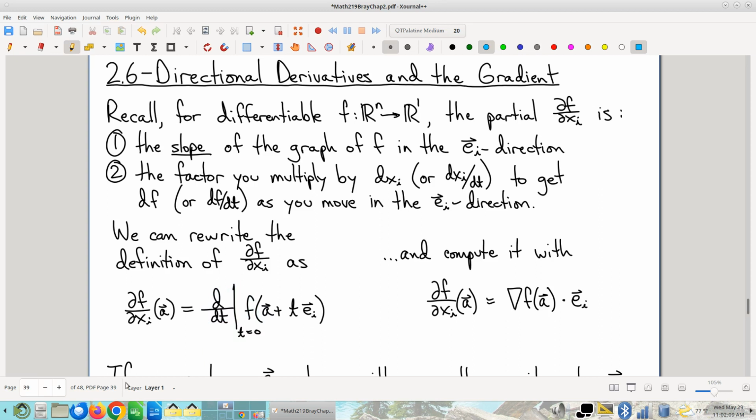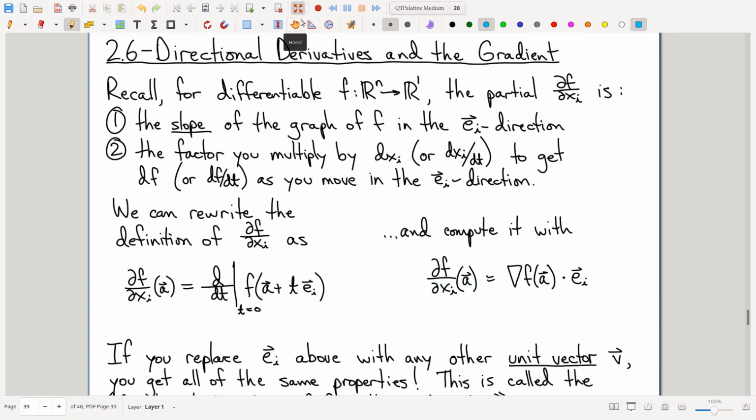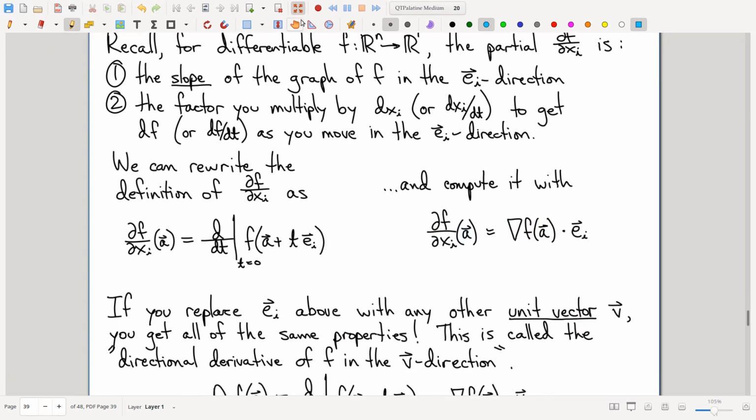And another neat observation, and this is an easy one to see once you realize that this is a vector made up of all of the partial derivatives. Well, then when you dot product with a vector that's mostly zeros and has a 1 in a single position, that 1 is going to multiply by 1 of those partial derivatives, and thus you will get that corresponding partial derivative. Okay, so several observations about partial derivatives, and now I'm going to make an outrageous assertion, seemingly outrageous assertion,